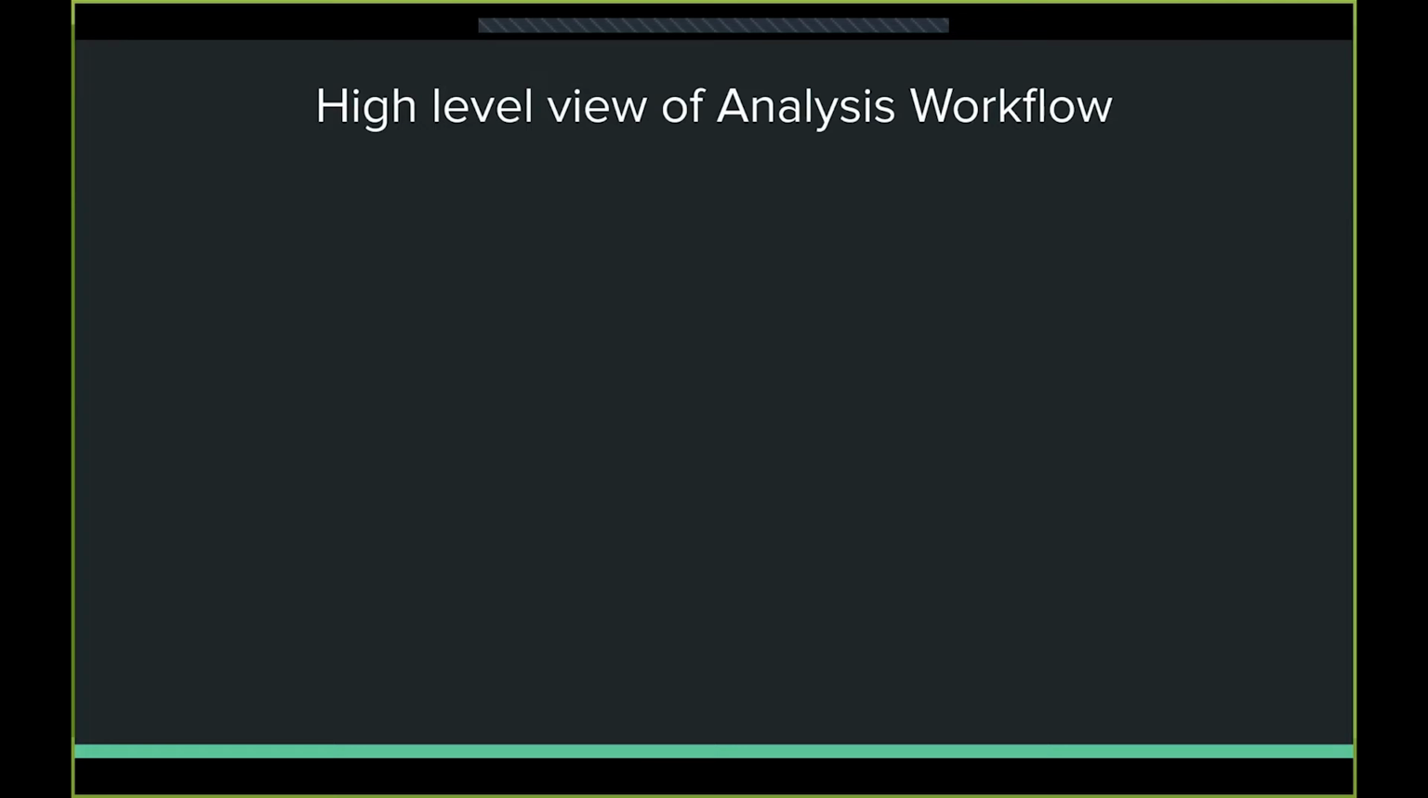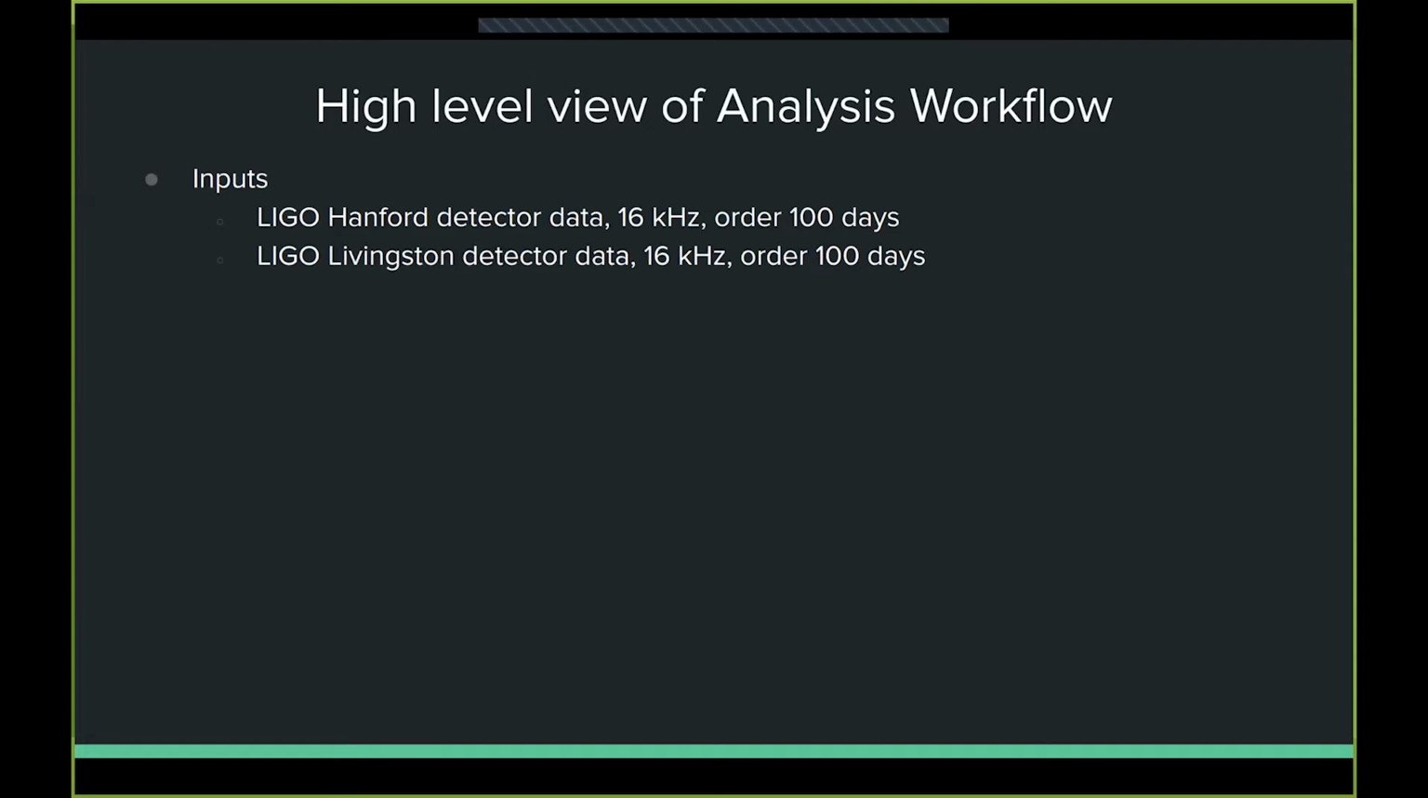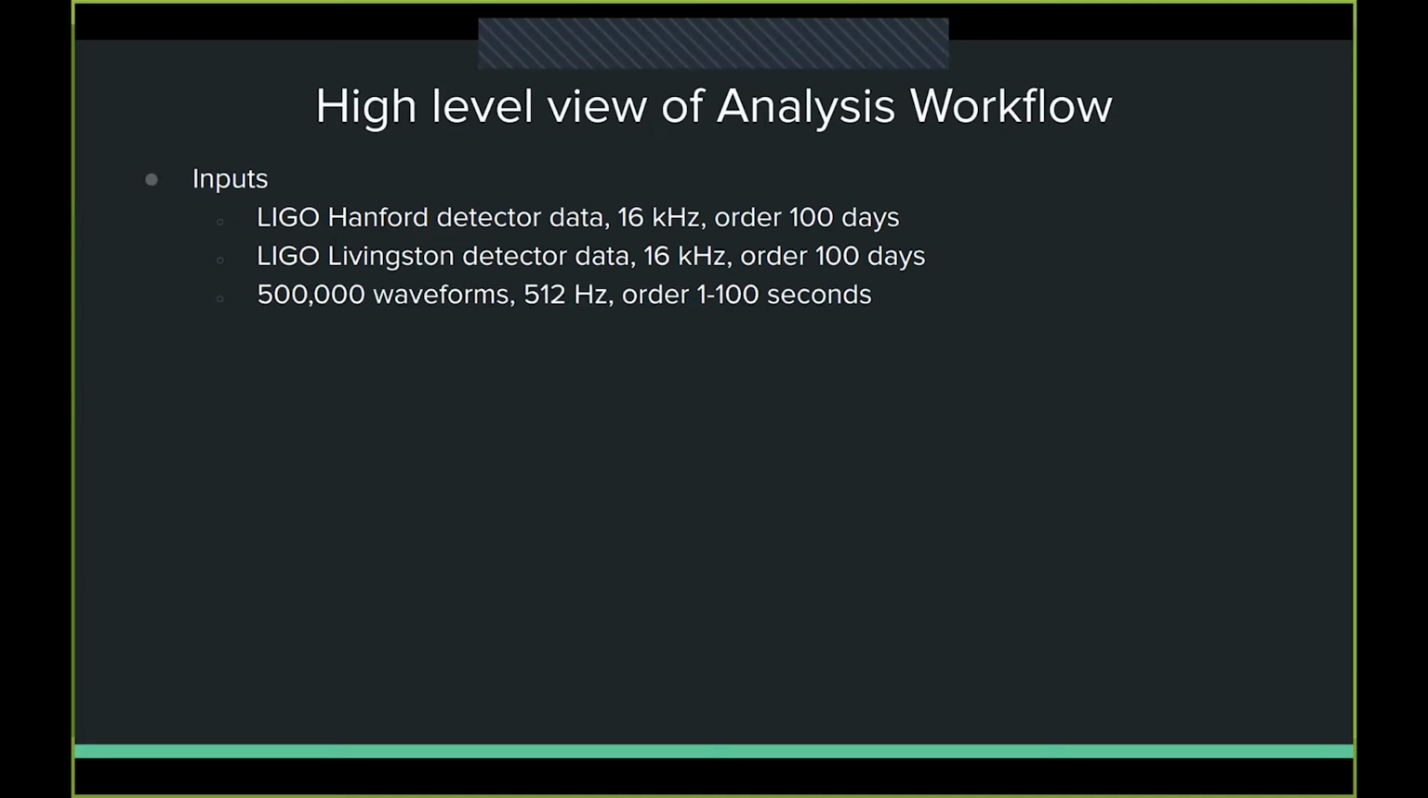Okay, now stuff that's actually relevant to the computing. So a high level view of this analysis workflow. Again, this is where I'll talk about this specific analysis that I ran using 6 months of data. For inputs, I had LIGO Hanford detector data at 16 kilohertz and roughly 100 days of it. Same with data from the LIGO Livingston detector. We only used these 2 detectors for this analysis. And we searched for about 500,000 different signals, sampled at 512 hertz, that varied in length from 1